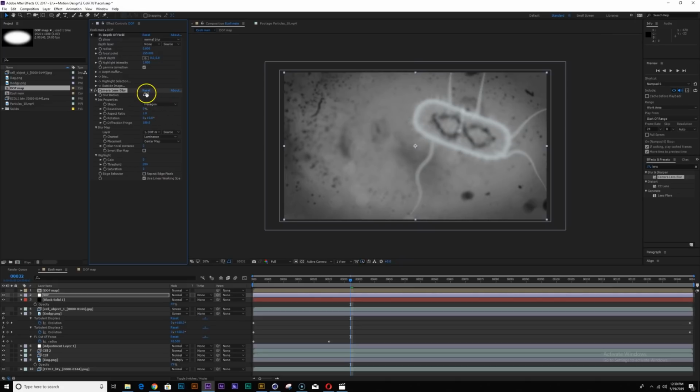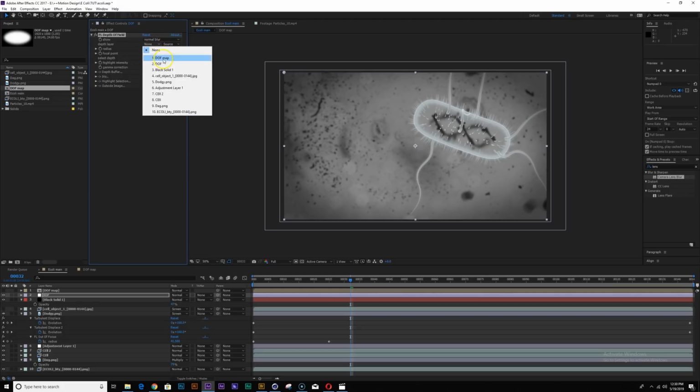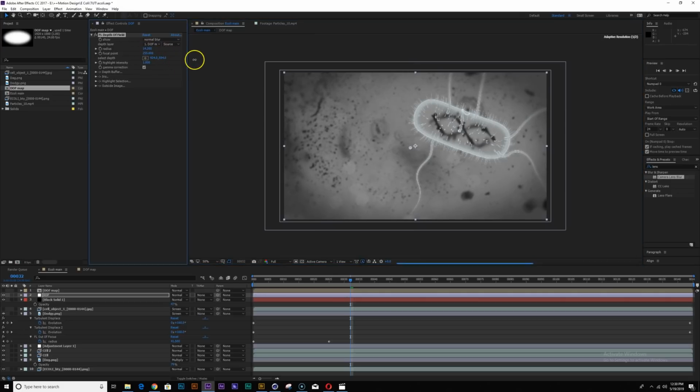Yeah, invert it. So it does kind of the same thing, but the depth of field effect from Frischluft is a great plugin that I've been using forever. So I'm going to select the map, picking somewhere in the middle. I kind of just crank up, blur out the size a little bit.